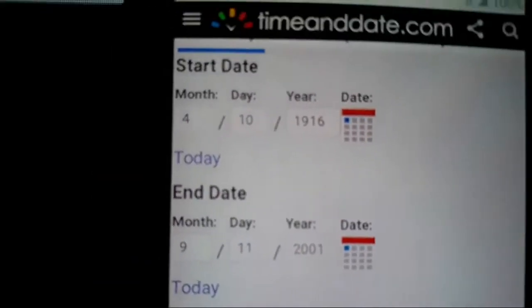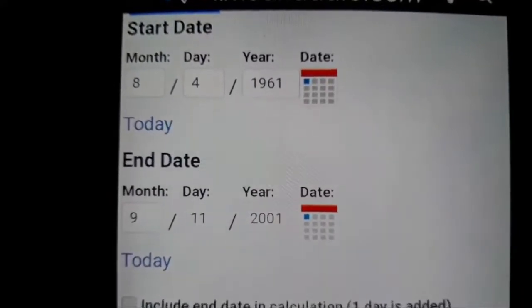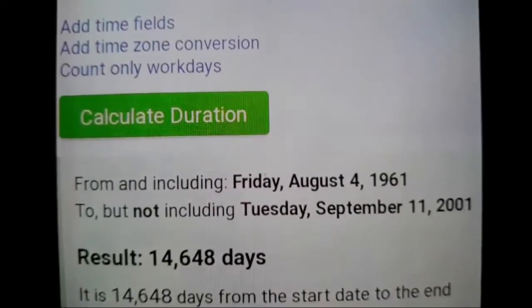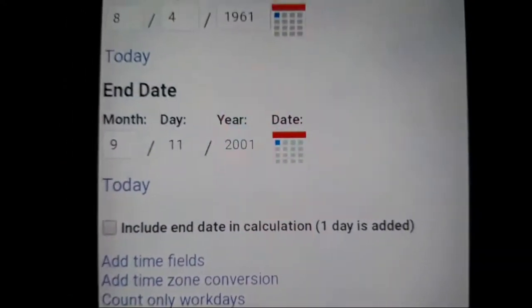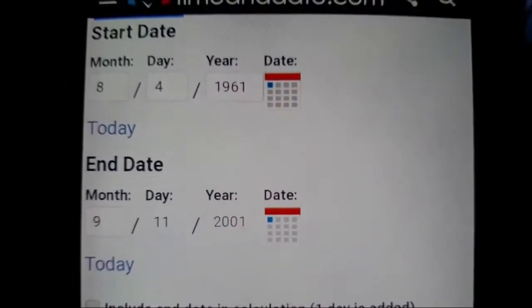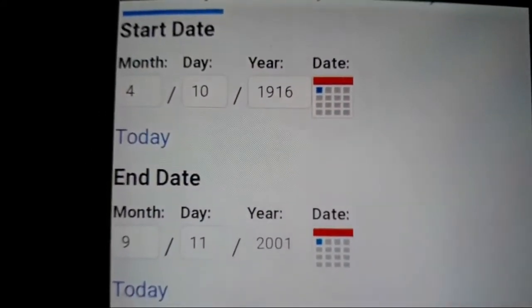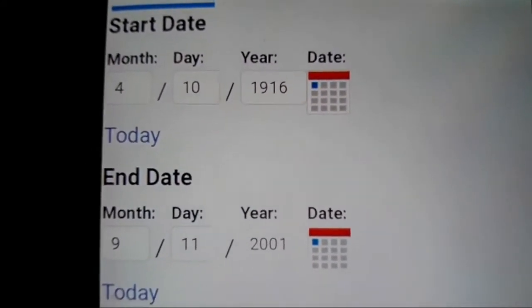Oh man, hold on. I can't even close my hand. Hold on, folks. All right, what's this? This one's no big deal. This one, I just showed you, the one with the 14.648 connection to Trump and Obama. This one is not that big of a deal, but it's just to show you how they work.